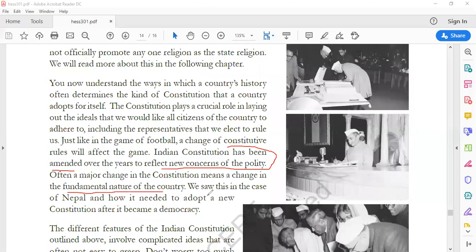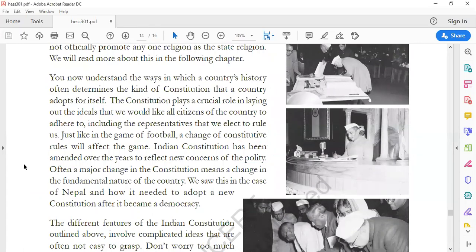Okay, so we saw this in the case of Nepal. Fundamental nature of the country, in the sense that in Nepal, you saw, they changed from monarchy, a direct political system, to democracy. That is called fundamental nature of the constitution. Can we change the fundamental nature of our constitution? No, we cannot change the fundamental nature of the constitution because the basic structure cannot be changed, especially according to the Kesavananda